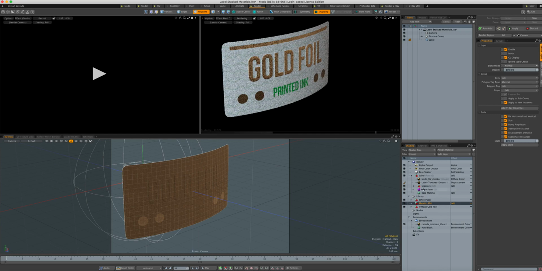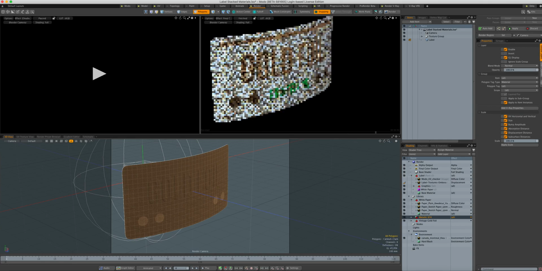So that's what I've done with the white paper here, for instance, because that might go on 6 or 7 different labels on this bottle. So I don't want to duplicate it 6 times, so I just do it in the library and drag it out to each item that it needs to be applied to. So it's a bit like selecting a mesh in Cinema 4D and then pressing apply, as far as I can tell. And then the paper, and I've exaggerated the texture here just so you can see,